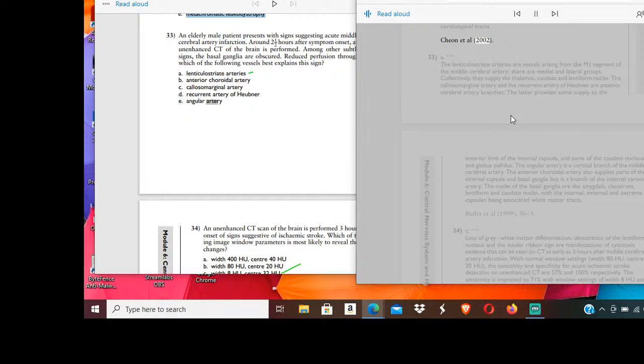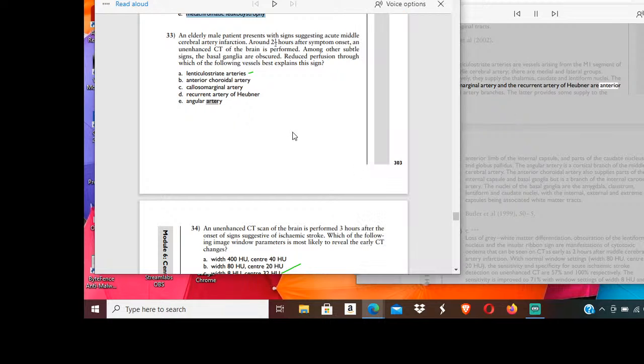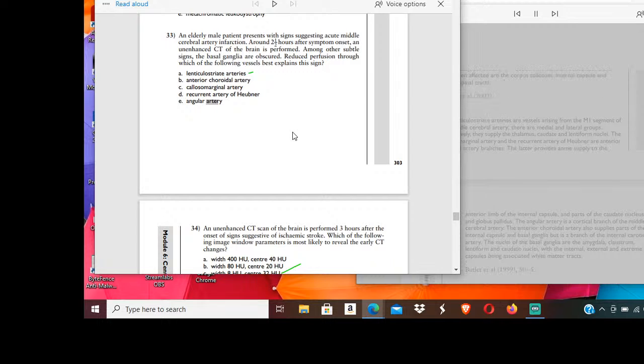33. A. The lenticulostriate arteries are vessels arising from the M1 segment of the middle cerebral artery. There are medial and lateral groups. Collectively, they supply the thalamus, caudate, and lentiform nuclei. The callosomarginal artery and the recurrent artery of Hübner are anterior cerebral artery branches. The latter provides some supply to the